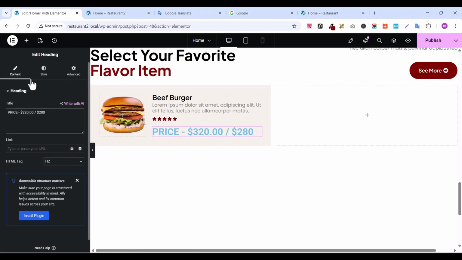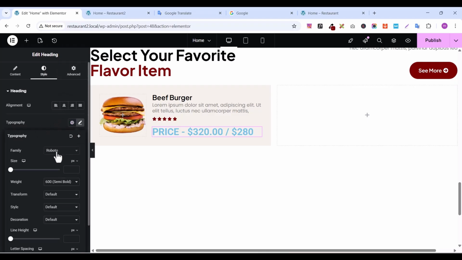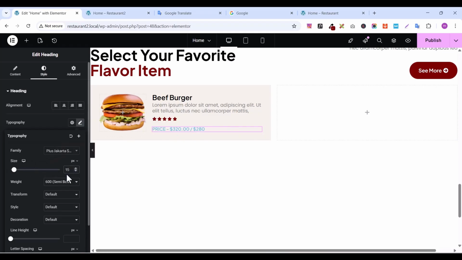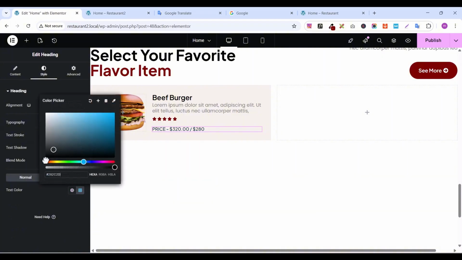So we can style this by going to style and go to typography, change the font family to Plus Jakarta, and increase the font size to 15 like this. So from here we can change the color to black,